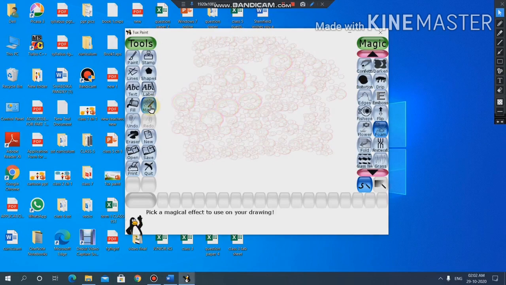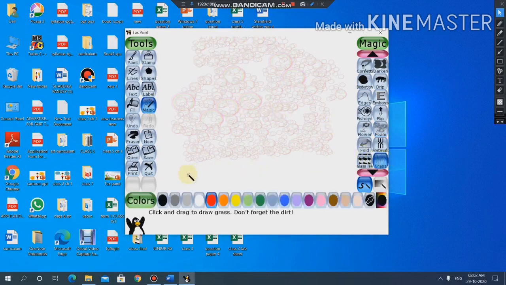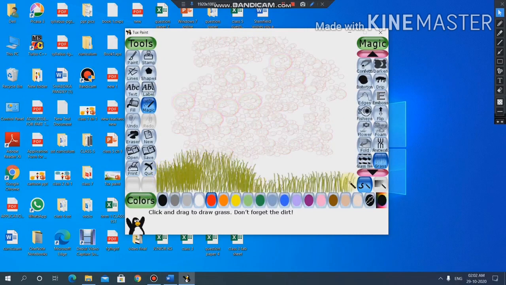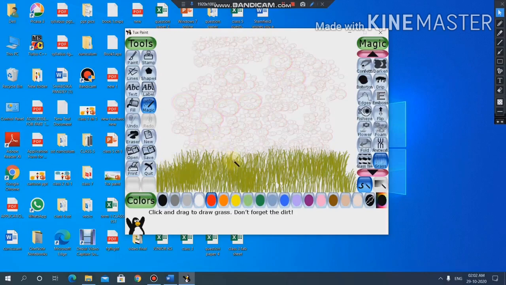So first we will select magic tool and we will select this grass effect. Okay, now for making grasses, we will drag our mouse like this. Okay, after dragging, it is looking similar to original grasses, so it will form.